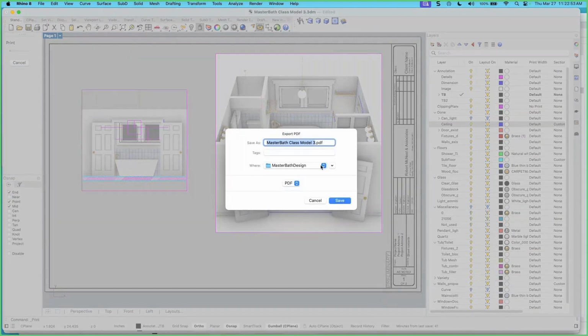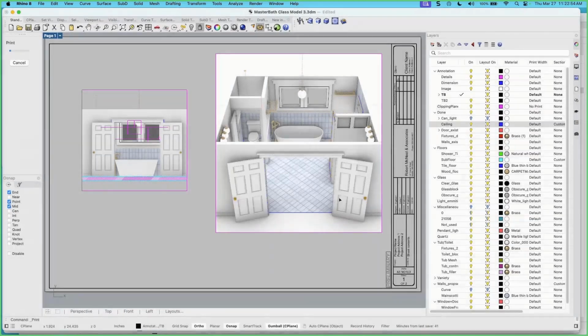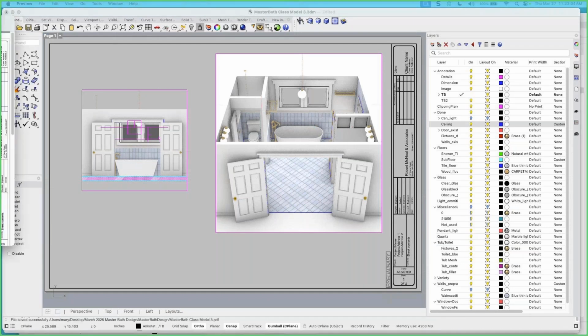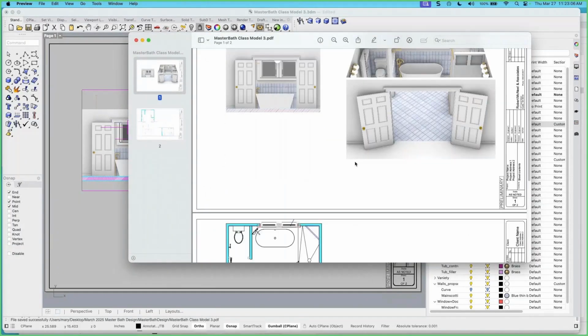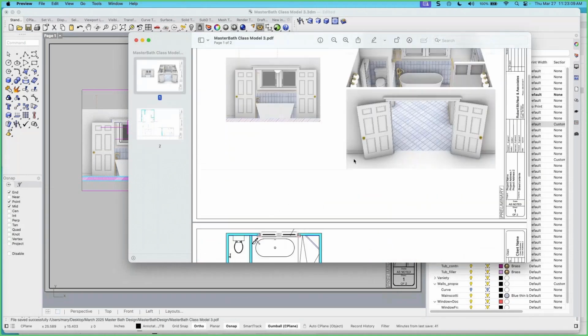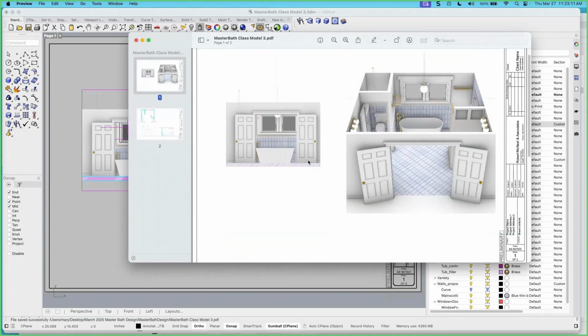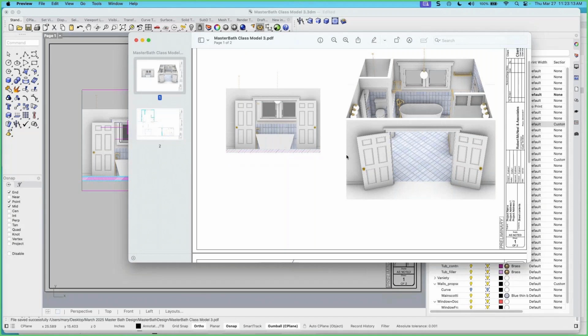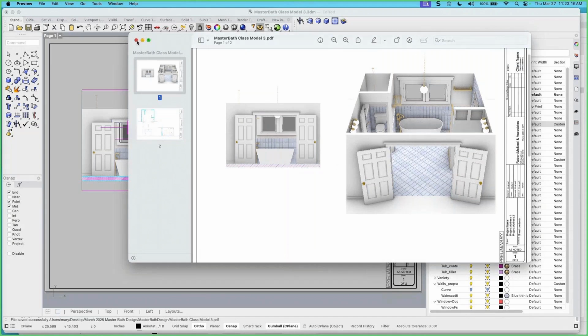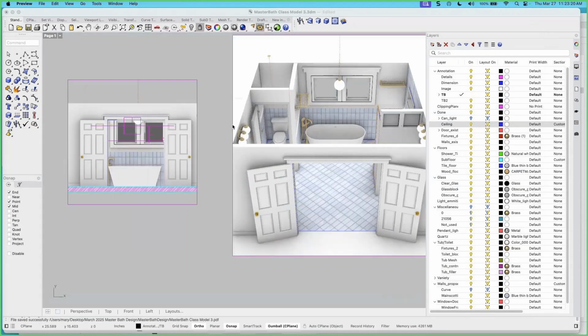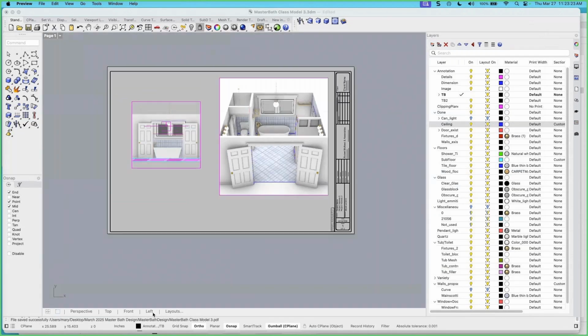Print, and we'll give it a few moments here. We are opening it in our PDF reader. That's another really nice Rhino 8 feature. Okay, and there it is. Dimensions you can just add to your model or to your layout, and it will take on whatever the dimension style is. So if we go here,